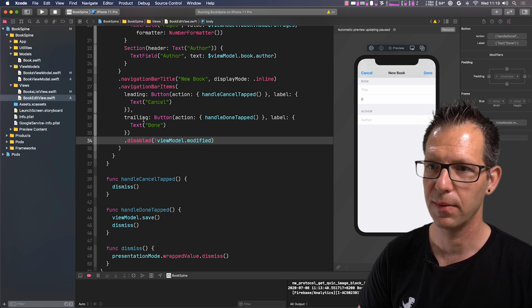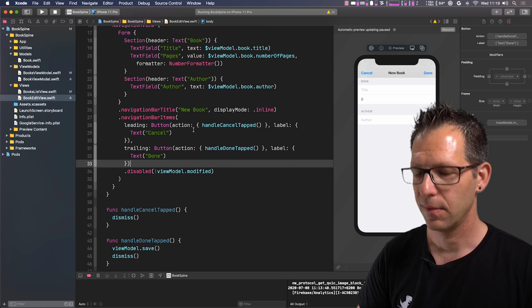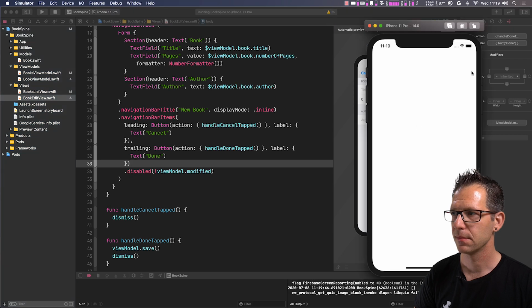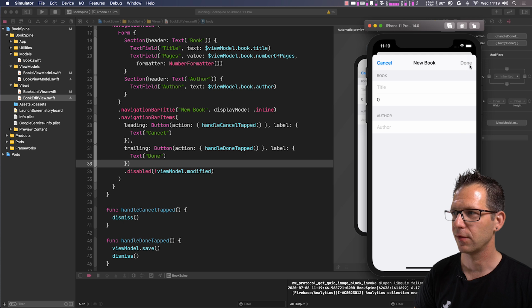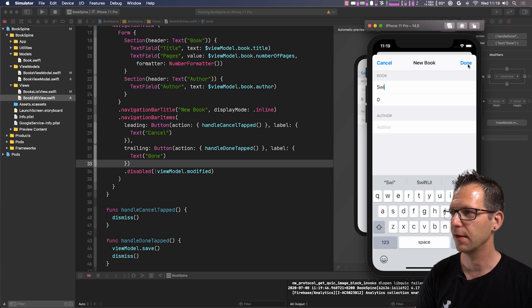Or we rather want to disable the button. All right, so let's try this. And as you can see, it's grayed out at the moment, and once I start typing, it will become enabled,